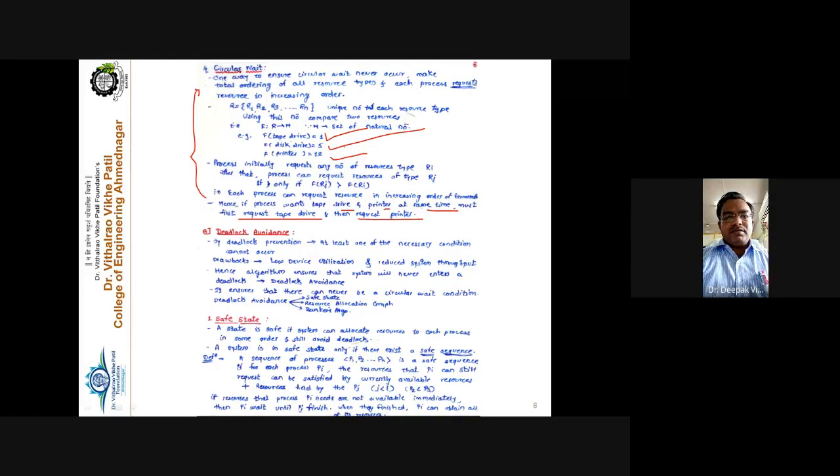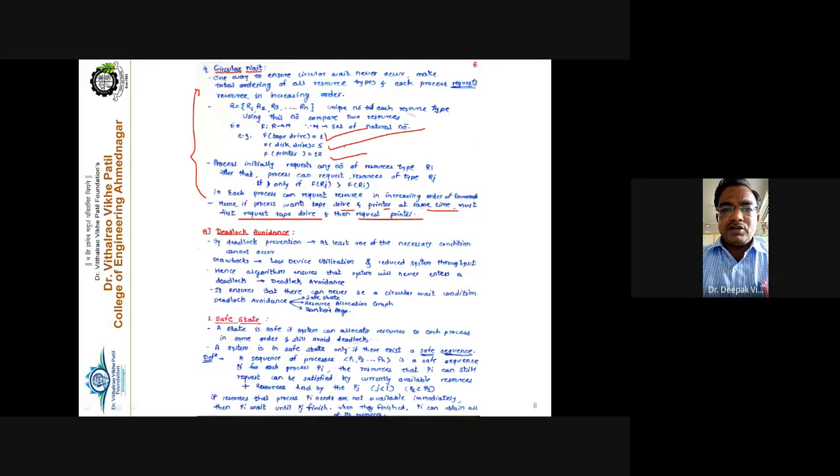So these methods, this whole discussion, deal with deadlock prevention: preventing the deadlock by preventing at least one of the necessary conditions. If the operating system is successfully able to prevent one of the necessary conditions, then definitely the deadlock is prevented in the system. So either you prevent the hold and wait condition, which we have already seen how to do, or the mutual exclusion condition, which we have also seen, or the circular wait condition.